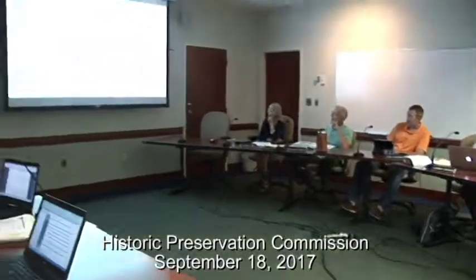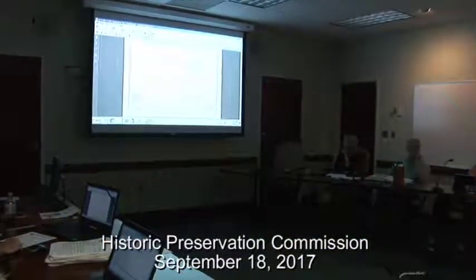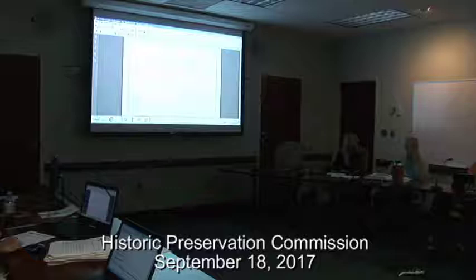Let's see. Moving on to item number 4, removal of one exterior window and relocation of another. Bottom left, the window in red would be going away, and bottom right, the window in red would be moving to the window in black. Is that the way it used to be? Is that original? I think, well,